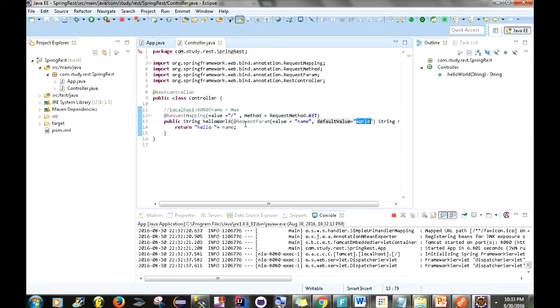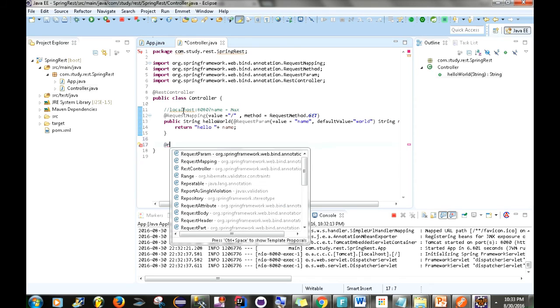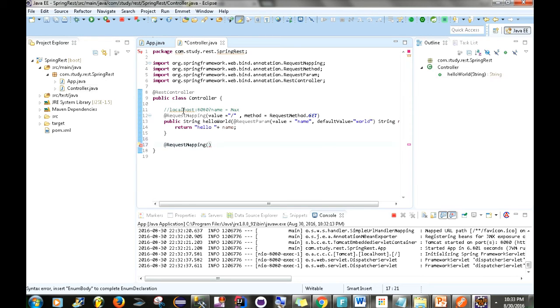So that's how you put together a RESTful web service by using the RequestMethod.GET method. And now really quickly, I'm just going to show you how to put together a RESTful web service by using POST. Alright, so we want to have the basic setup just like we did before at @RequestMapping. And then from here, we want to go value equals slash, method equals RequestMethod. I guess you would have to have an actual method first. Public String helloWorld2. Okay,